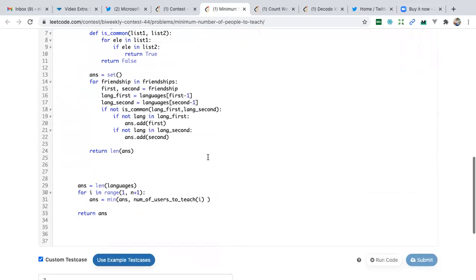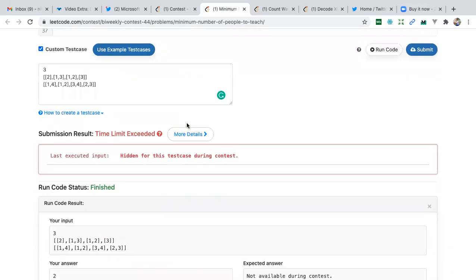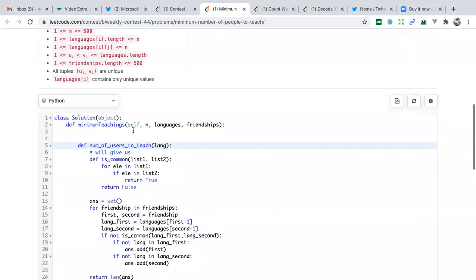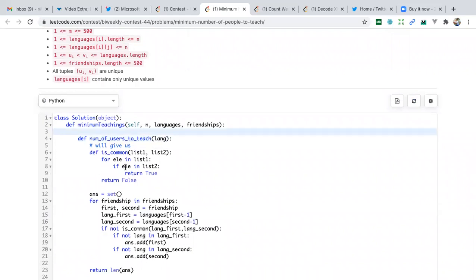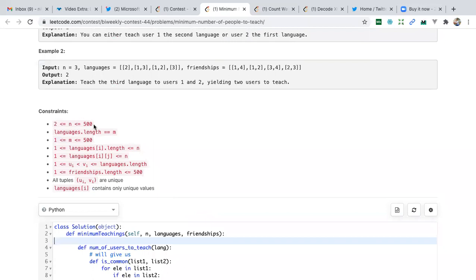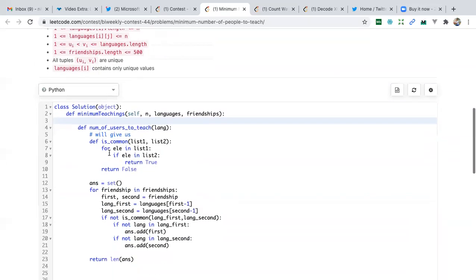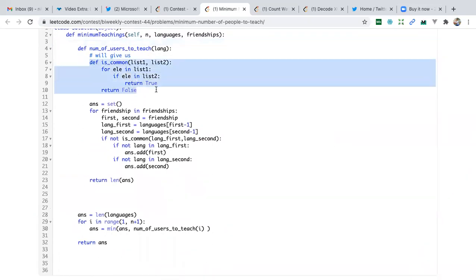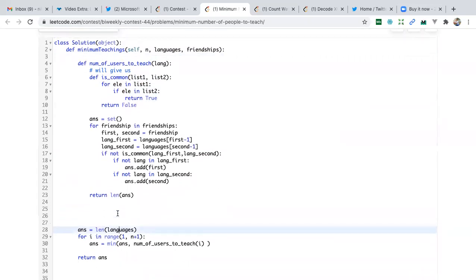Okay, so she'll compile it. Okay, so what we can do is we can optimize it a little bit. So what is the time complexity coming? What is language? It is 500. Hmm. So maybe we can improve this common function. We can put it in a hash map. Yes. For every language we can create a hash map, and then we can search there. Yes. So